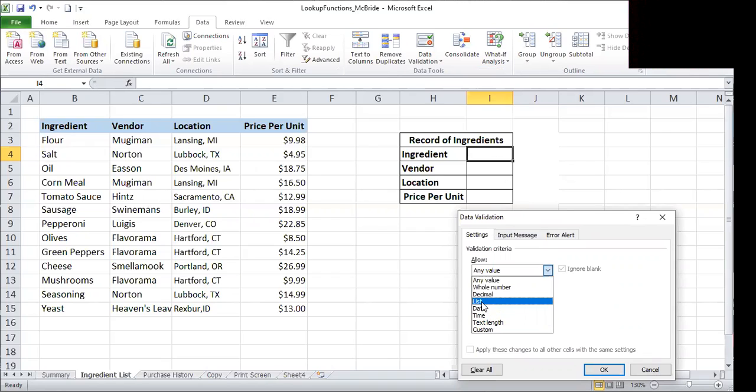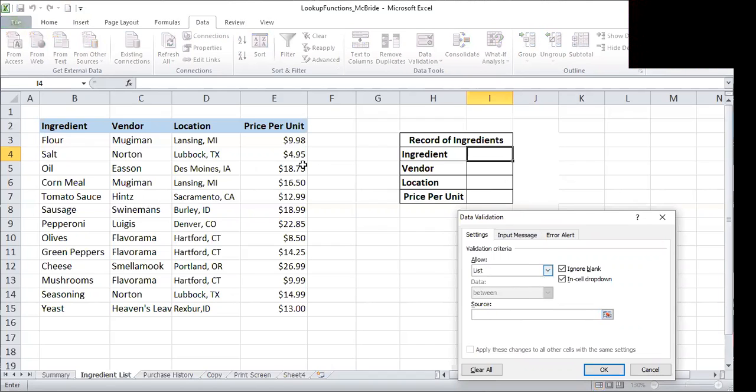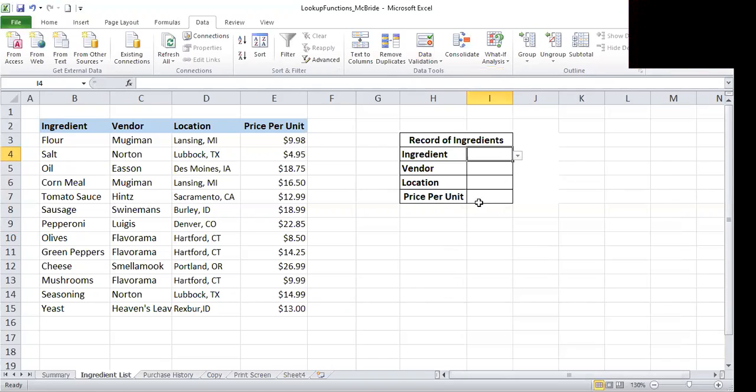There's date, time, and I'm going to pick the list. In the source, our source is the ingredients, so I'm going to select this. Shift, Control, Shift, and down. Click OK.